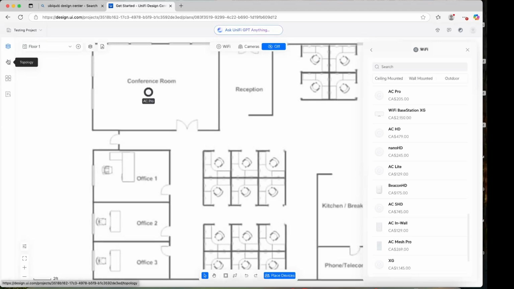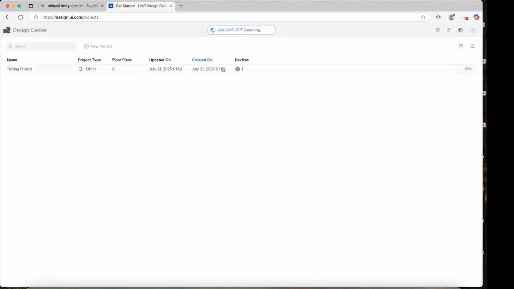And on the left here you can choose if you have the information about what kind of walls you have at your space. If it's concrete or drywall, you can enter that information and it'll take into consideration any signal attenuation that you're going to experience at your space. And from the side here, you can also click on this testing project. You can manage projects and you can edit the projects here. You can see this project that we created today, and you can open project or